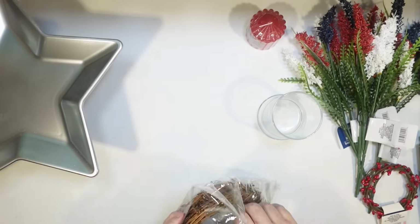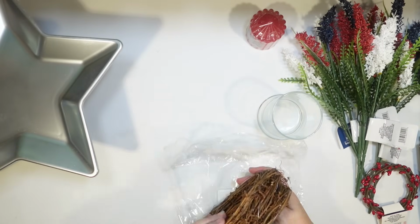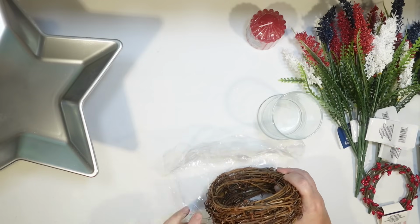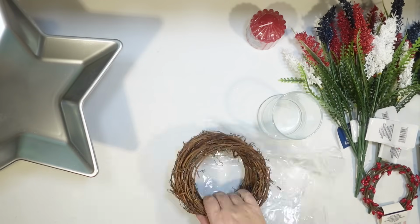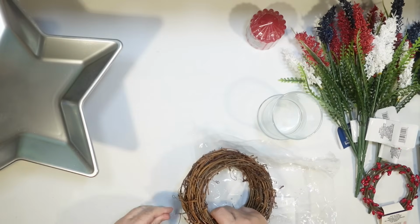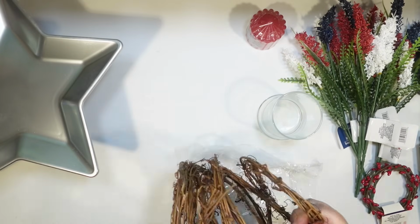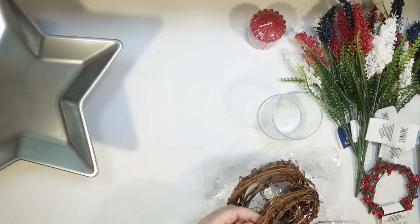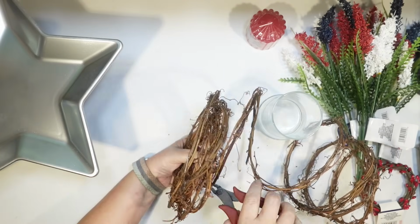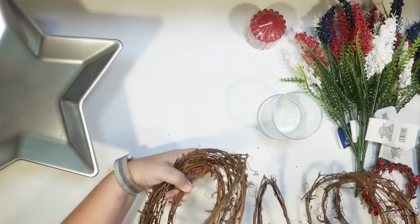For the centerpiece, I want to make a candle ring to hold my candle. So I actually picked up some of this grapevine on Temu. I used to be able to find the little grapevine wreath forms at the Dollar Tree, but I have not found them there forever. So I picked up some of this. It is kind of a do-it-yourself grapevine wreath, which will work. It's about what I need, the right size. I'm just going to go ahead and cut it in half because that's about all I'm going to need to